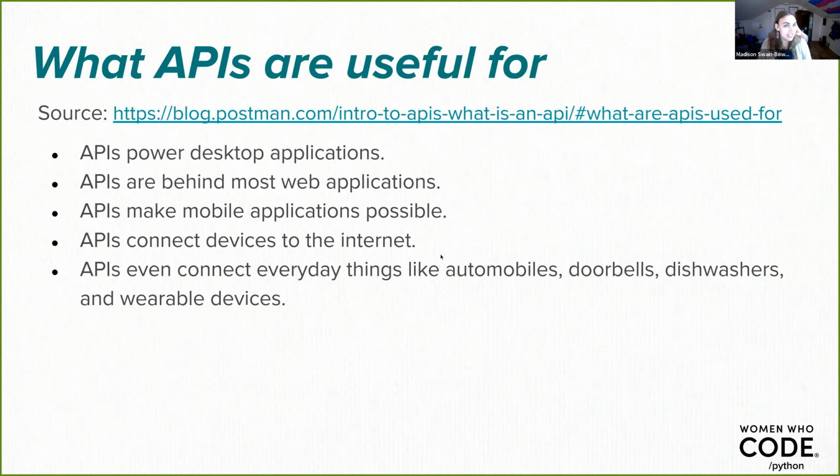Whether we're aware of it, APIs are all over the place. APIs power desktop applications. I use a Git client, personally, a Git user interface, and that user interface interacts with the Git API that's running locally on my computer, right? They're behind web applications, right? I used Google Slides to create this presentation, and there's tons of APIs interacting there, saving my data and advancing the slides as I hit the right arrow key.